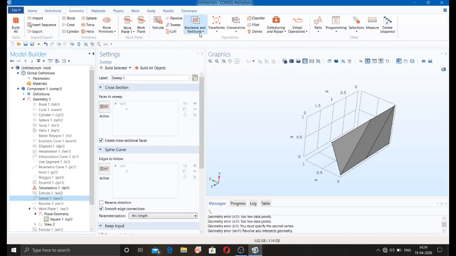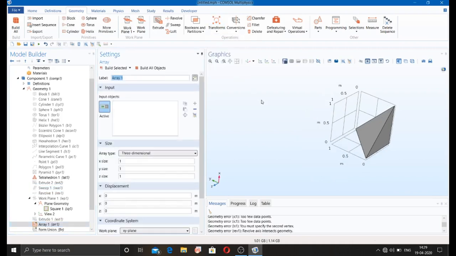Now moving to the boolean and partition. First of all, we can see the transforms. Here you can make the array of this particular geometry.